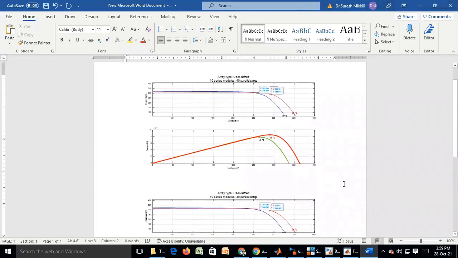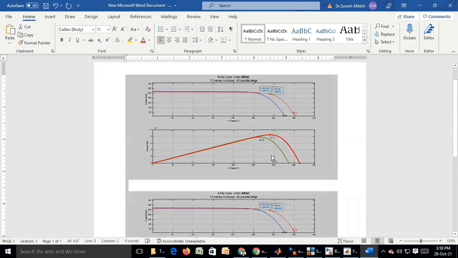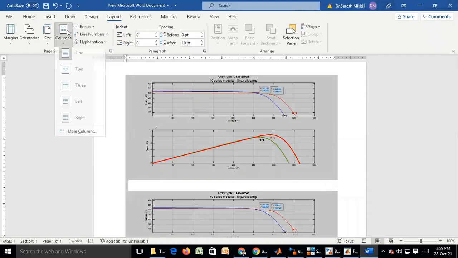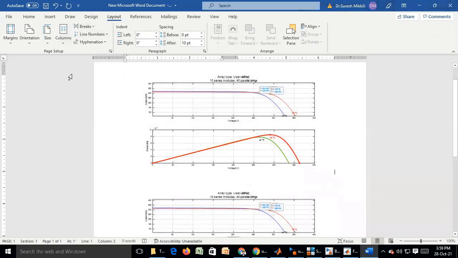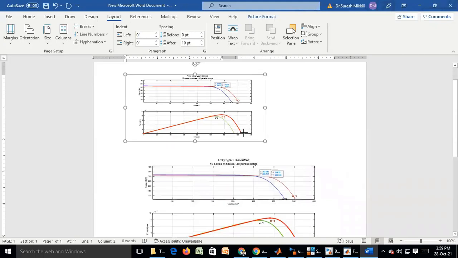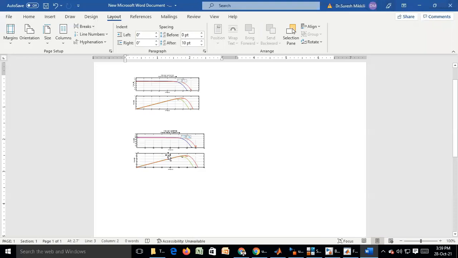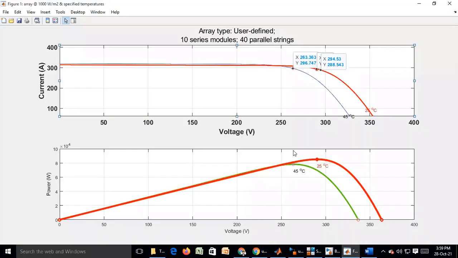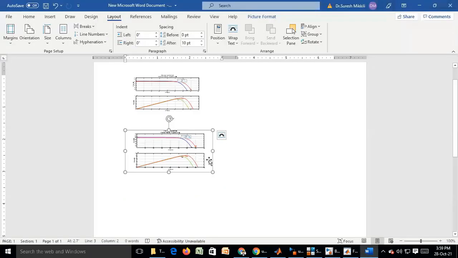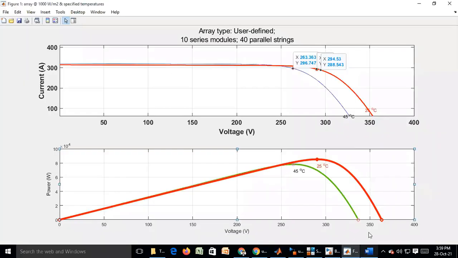Now you see, for a conference or journal papers, you need to keep it in two columns. So the layout, if I keep two columns, what is happening? Are you able to read it? The readability issues will come. So that is the reason we need to consider the thickness and the fonts properly, so that even if you take the printout, the visibility will be there. So this is what can be done.